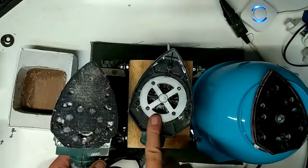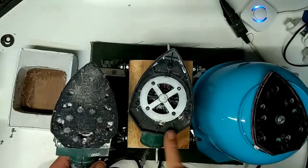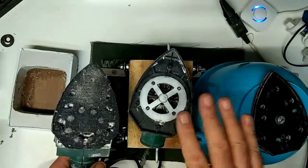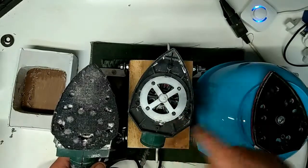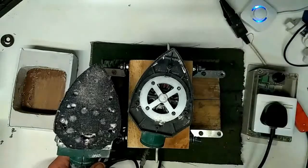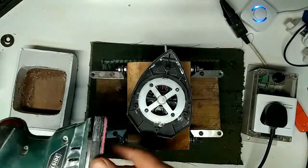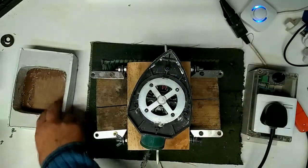So here is the modified sander. You can see that you've got the coils down there, so if you're going to be doing it wet, you need to be a bit careful you're not going to get splashes. So here is the dry media bowl removed. That was this bit here. 4 screws, and in place of it